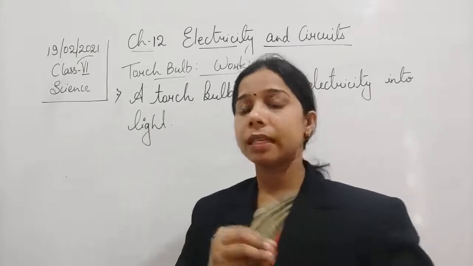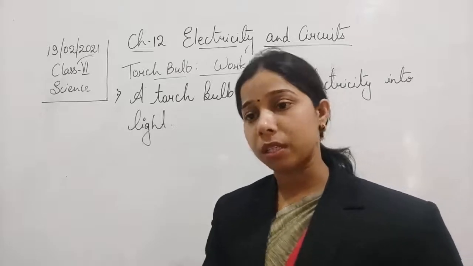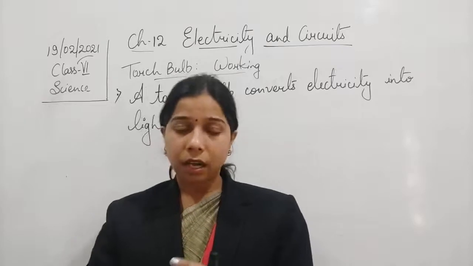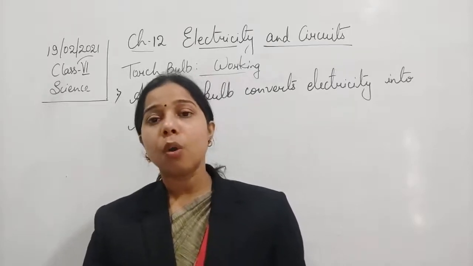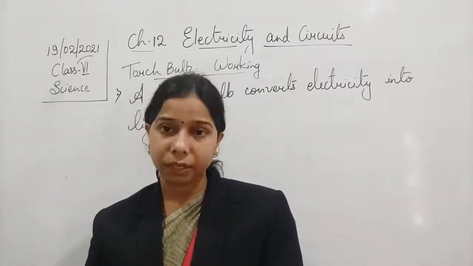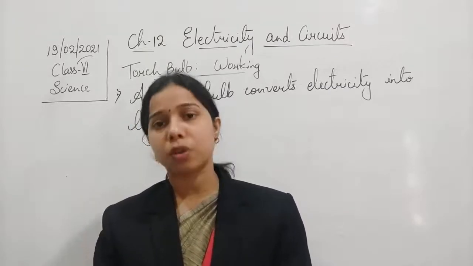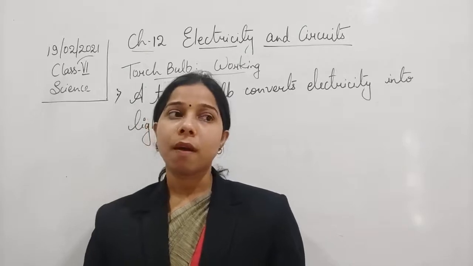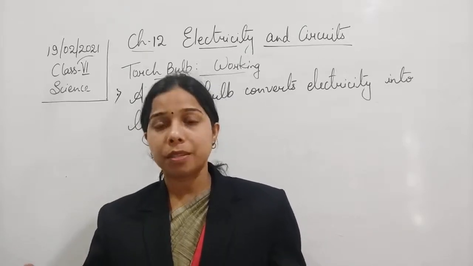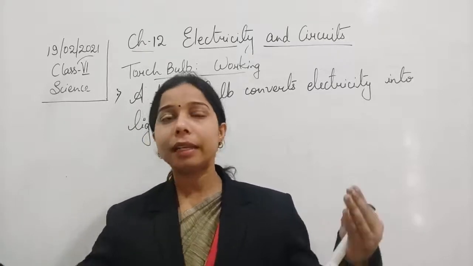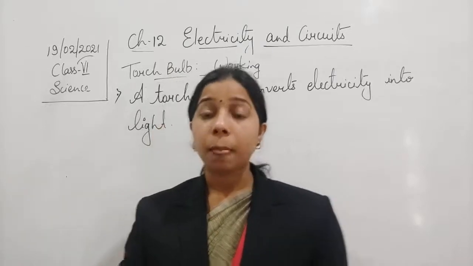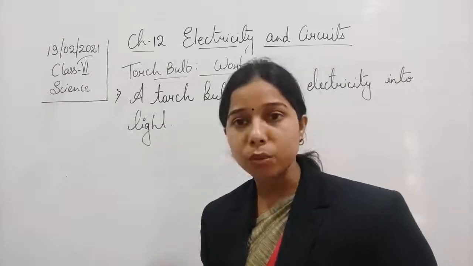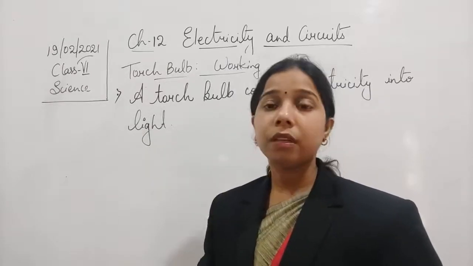So we can say that the small amount of electricity produced by one or two dry cells can light up only a small electric bulb, which is present in the torch or anywhere. But it is not used for a broad purpose. It means it is not used for lighting at home. The reason, obviously, is that it produces a small amount of electricity.